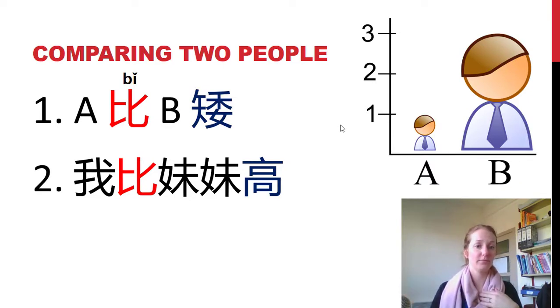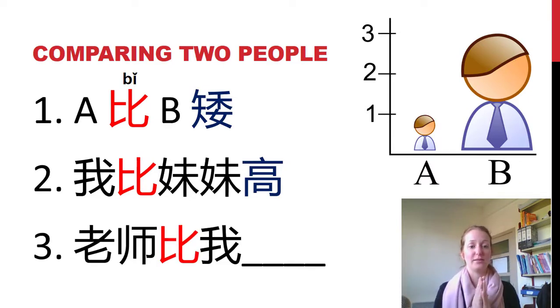So who's the tallest one? 我. See if you can do this one. 老师比我. You can choose this one. You might say 老师比我聪明. 对吗？